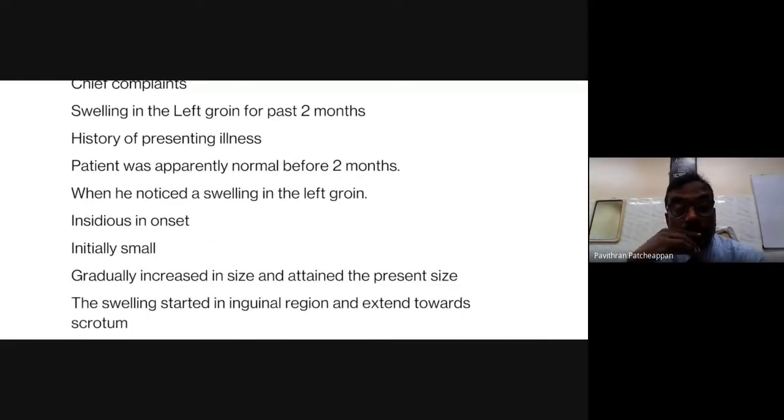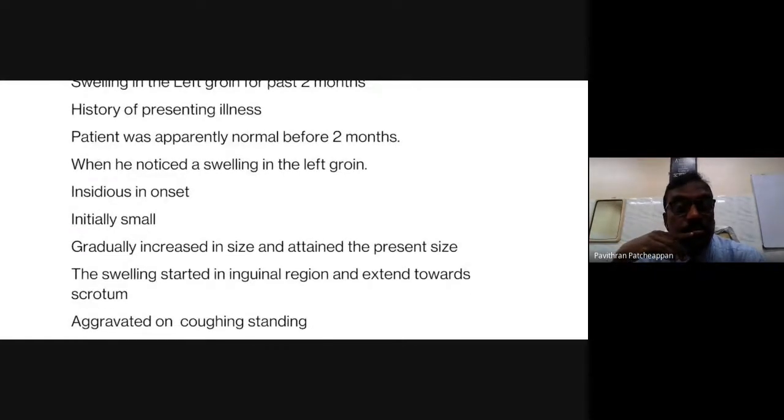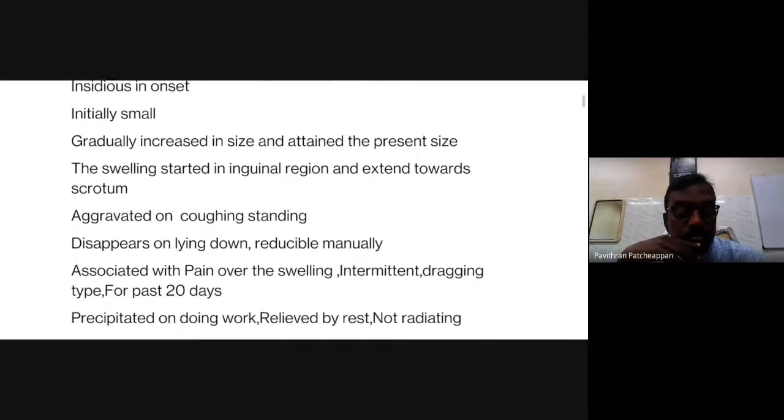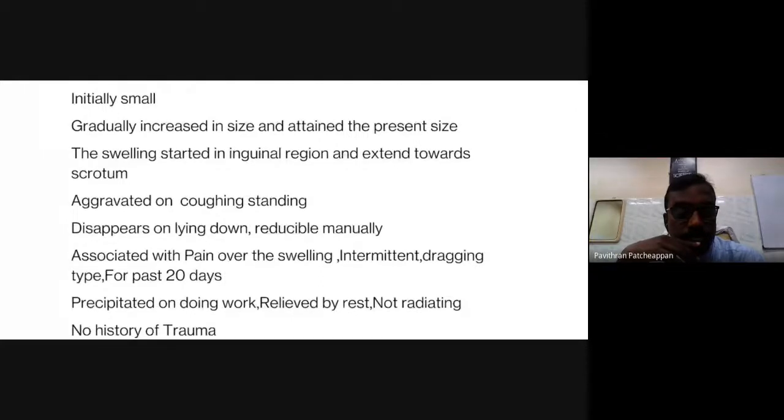Patient was apparently normal 2 months ago, after which he noticed a swelling in the left groin, which was insidious in onset. It was initially small. Now you can put inguinal region, okay, left inguinal region. It was insidious in onset. It was initially small and gradually increased in size and attained the present size. The swelling started in the inguinal region and extended into the scrotum. Very good. It was aggravated on coughing and standing. It disappeared on lying down or